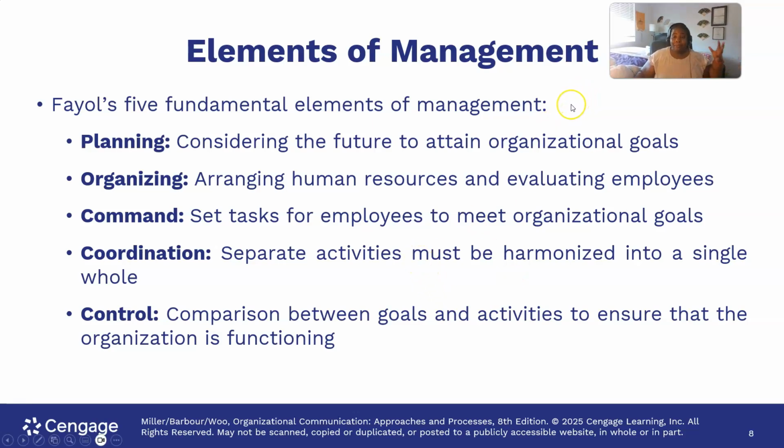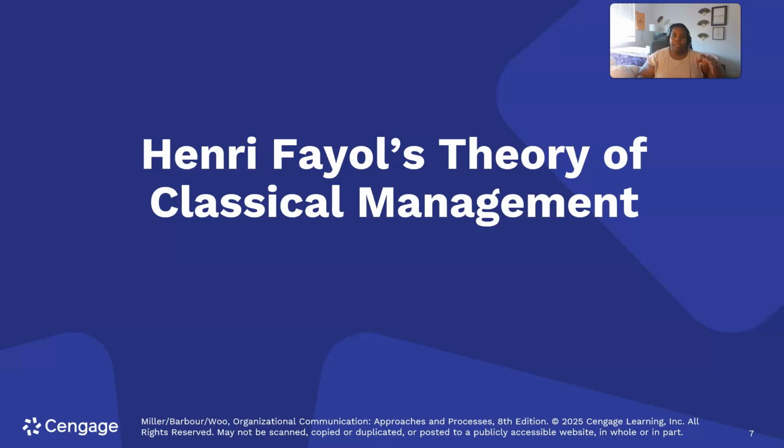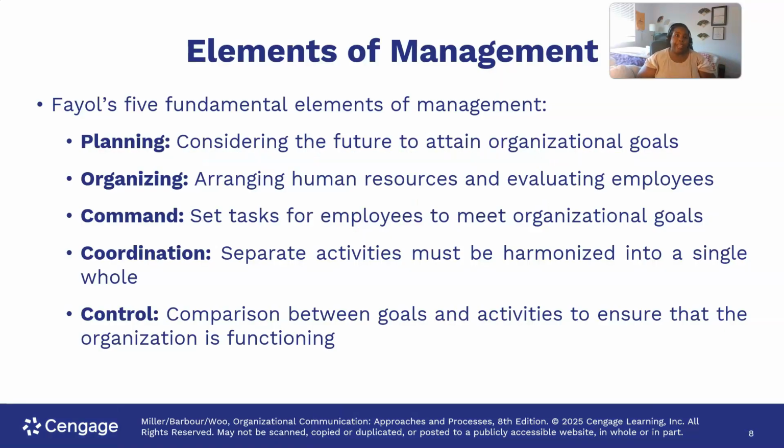So with the increased, standardized role of management, they all saw a gap. Because if you're the person in the previous picture, you know what you're going to do. You know, hey, we put this part together, we're in the assembly line, and that's what I do. But what do the people managing them do? So that's where they all saw that gap. So in order to make managing more efficient, so the supervision of the subordinates becomes more efficient, here are the five elements. We have planning, so considering the future to attain organizational goals.